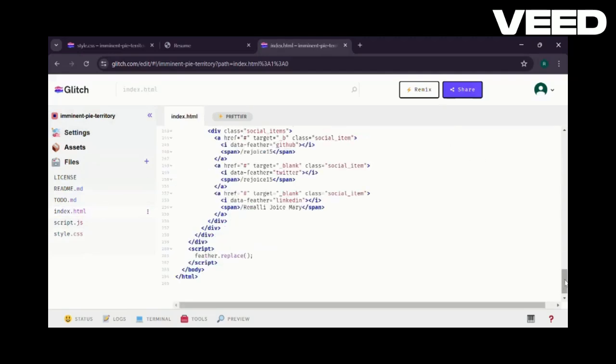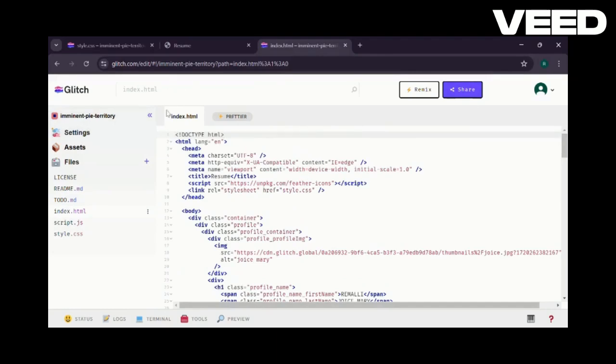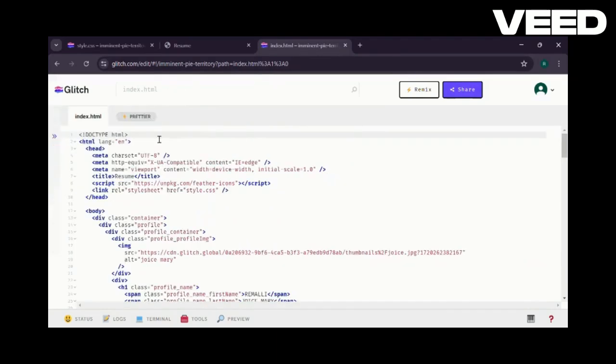We see here, in the beginning we use meta name viewport. It makes the web page responsive on all devices by setting the viewport width to match the device width.